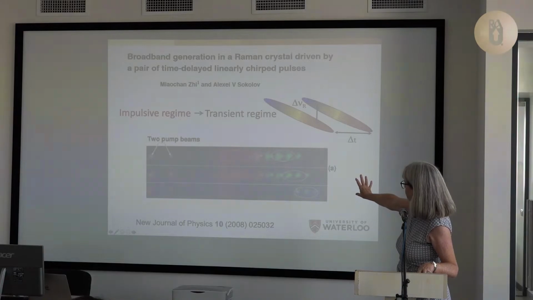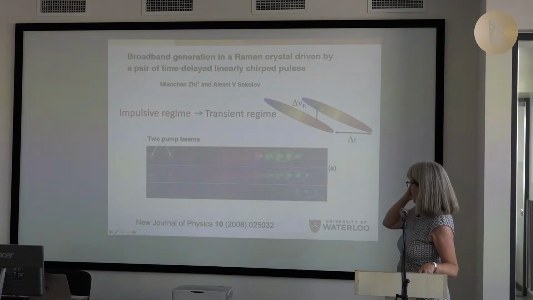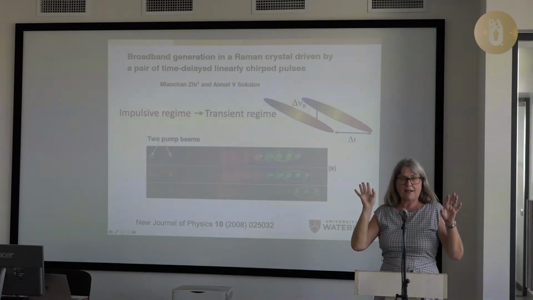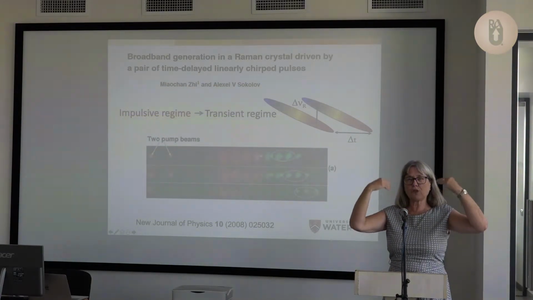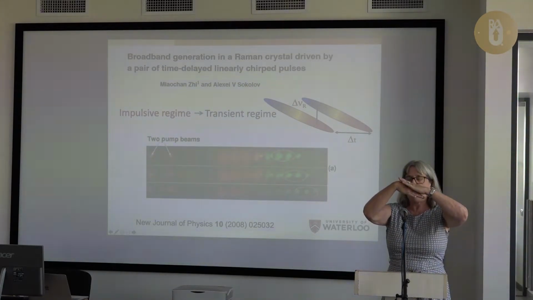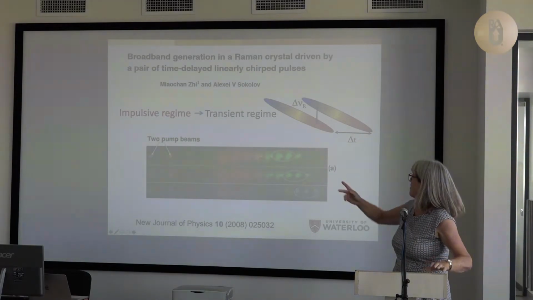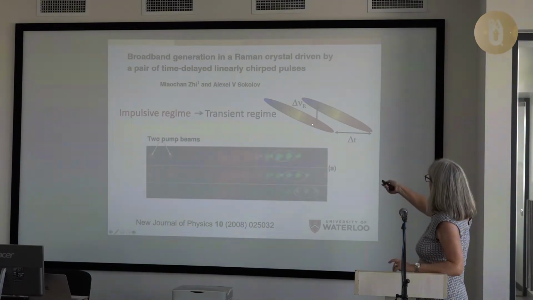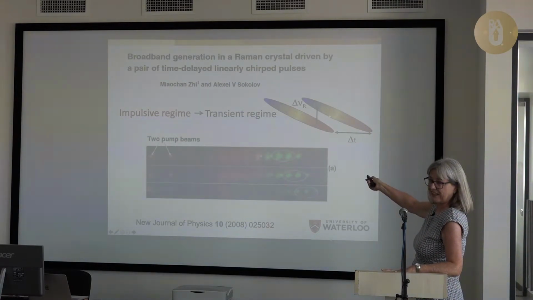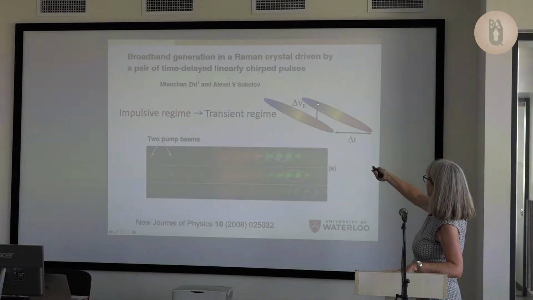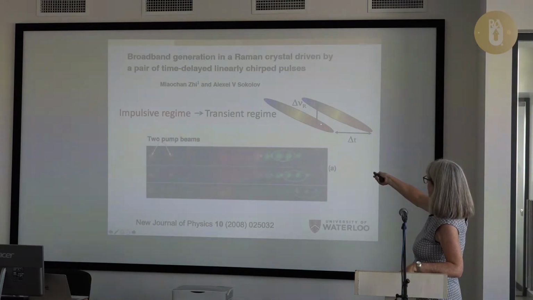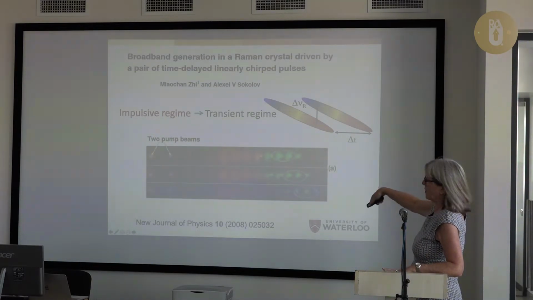All right. So then, I was actually sitting at another conference where somebody else gave this talk and showed this picture. I was sitting with Meng Shan so I could ask her the question. These guys have the very short pulses, so they could do impulsive Raman, but they don't. They take the pulse, they divide it in 2, and then they time delay it. And by time delaying these two pulses, you take the instantaneous frequency separation and you can tune through a resonance. The resonance is this instantaneous separation between the blue here, same pulse but separated in time, and the red. And so they were tuning through to do this, but let's not worry about that.